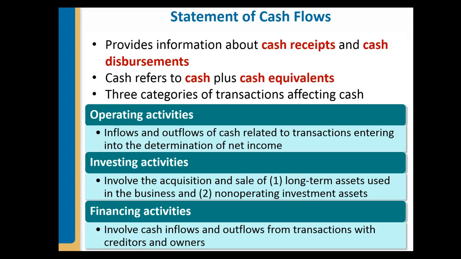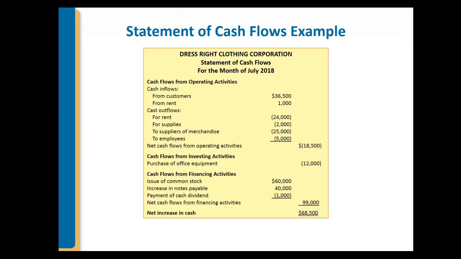So this would be borrowing money or paying the loans back. It would involve issuing stock, or it would involve paying out dividends. So, as this is the first period of operations for this company, the cash balance at the beginning of the period is 0. The net increase in cash of $68,500 then equals the ending balance of the cash disclosed in